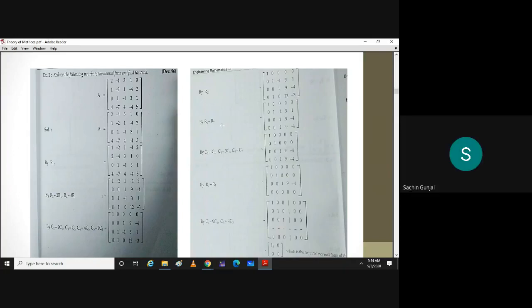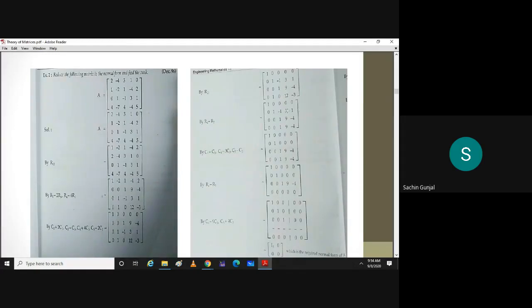It is mentioned here, so let us do that. What you will get is 1, 4 zeros, then 0, 1, minus 1, 3, 1, then 0, 0, 1, 9, minus 4, then 0, 0, 1, 9, minus 4. Now once you do the row operation, they are doing column operations to make this minus 1, 3, 1 as 0. So can you tell me the operation to make this minus 1, 3, 1 zero?